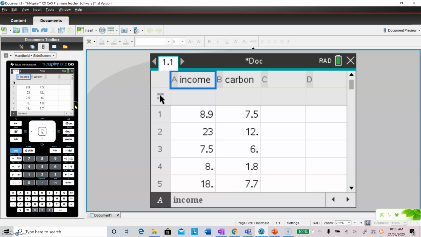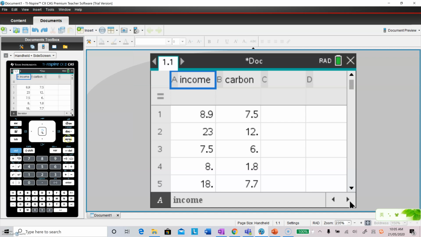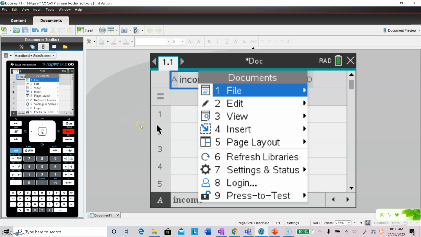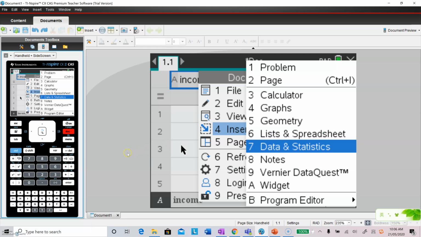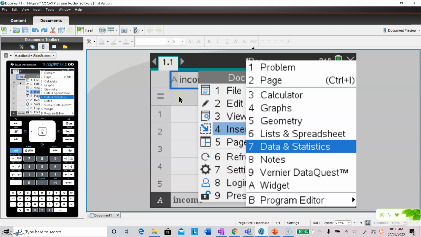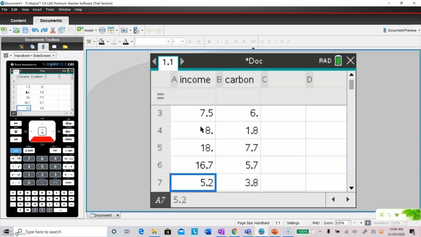I've already put in the data to save a bit of time. But if you want to do that, you will need to click on the dock on your calculator and choose insert a list and spreadsheet. Okay, and by doing that, you can type in everything that is listed here. Now remember to type in the two things at the top, which are income and carbon. These are the names of these two types of data, and then try to fill in the rest as in